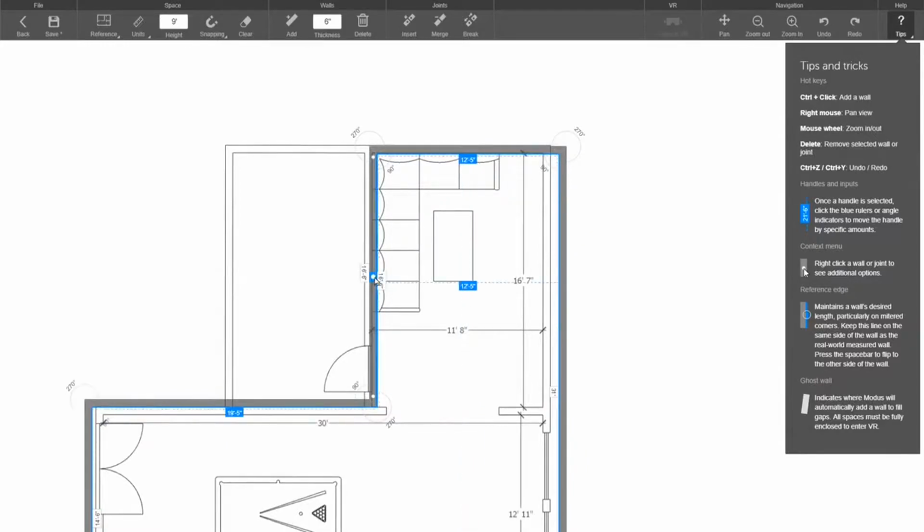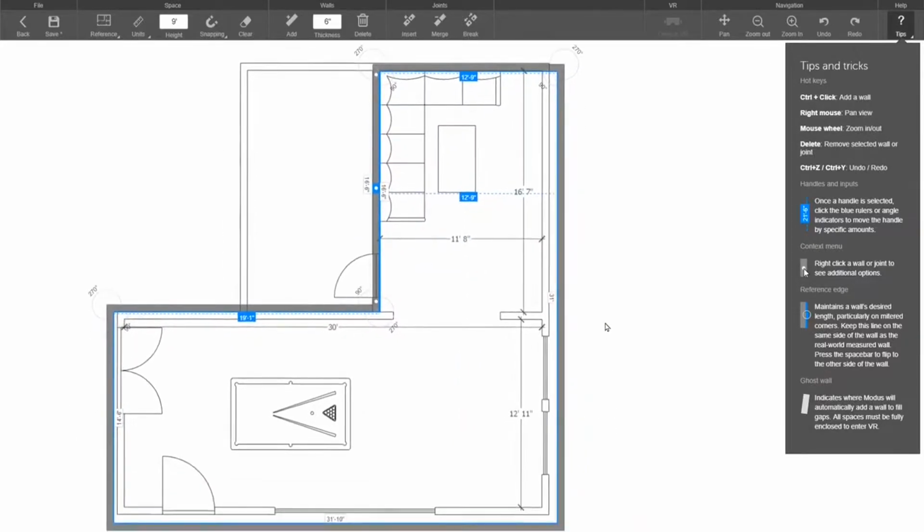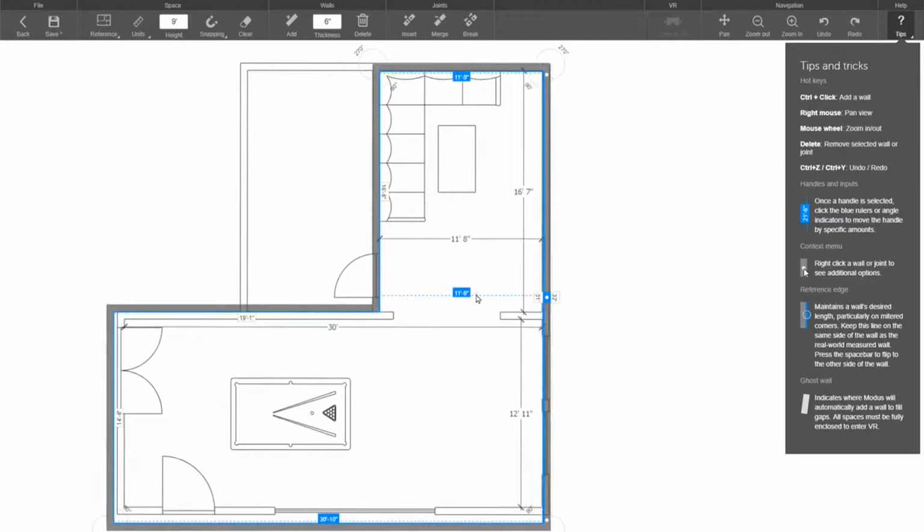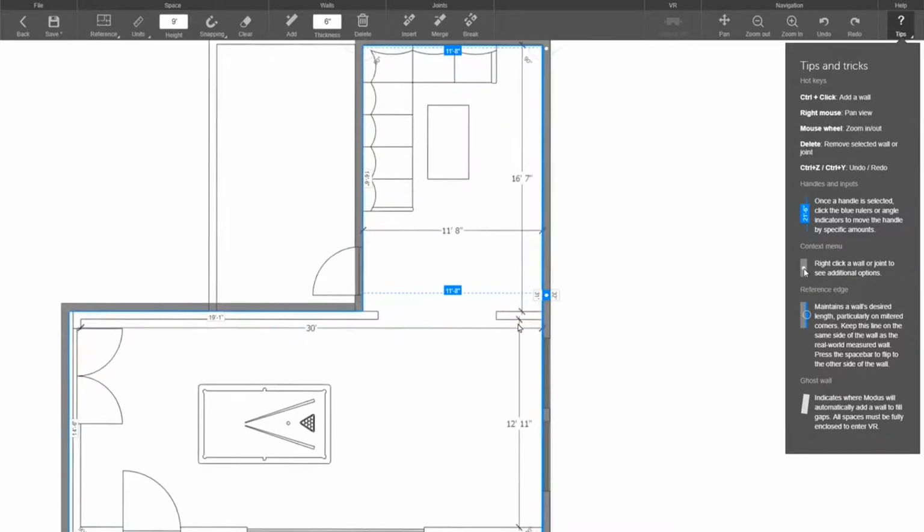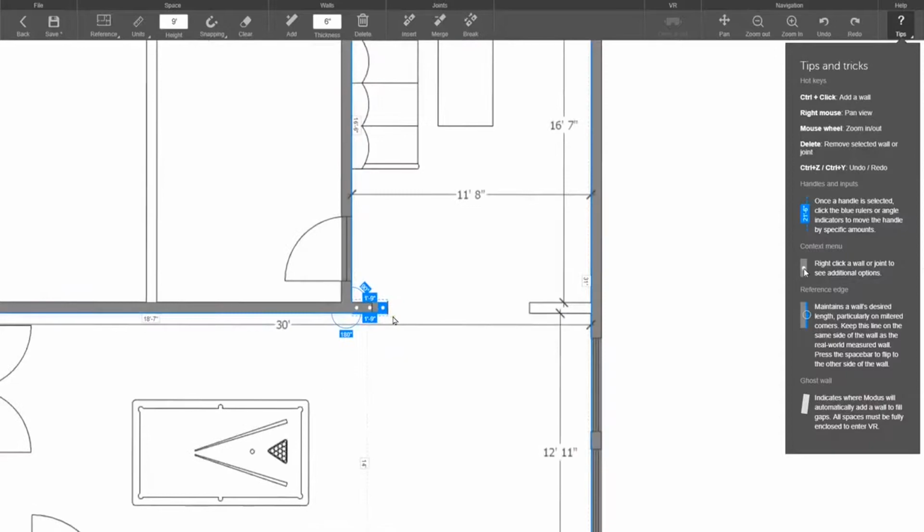Get these all snapped into place like so. And then we'll want to just double check our actual measurements. So yeah, we're off by 1 inch here, like so. Whoops. There we go. And we'll actually create these little wall blocks here too, so that this is real easy to recreate once they